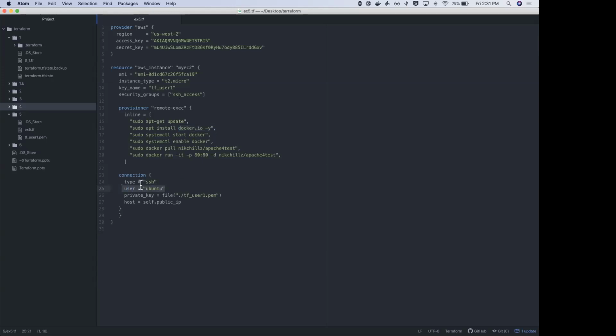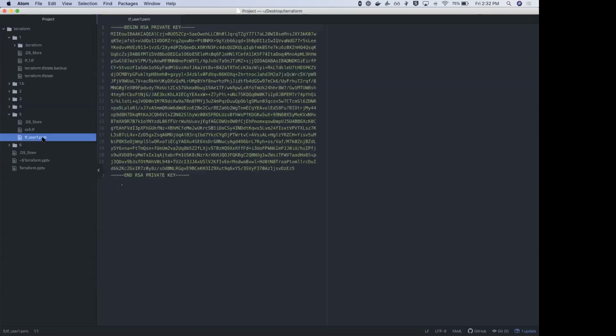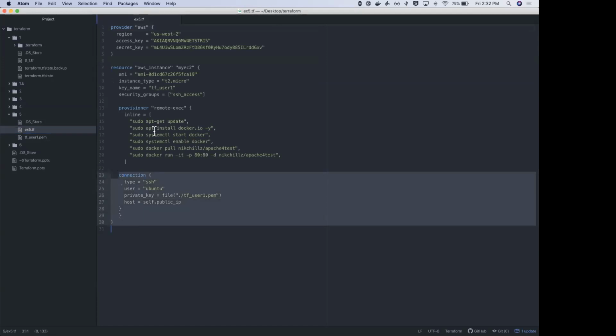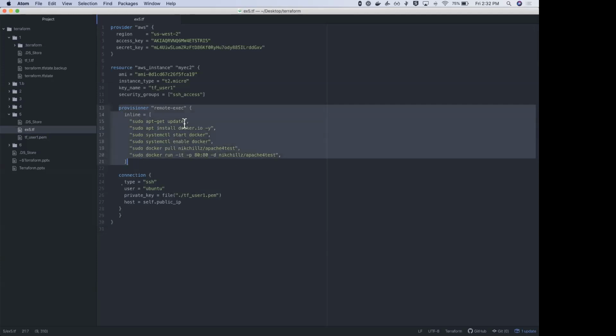We have given the user as the default username, which is ubuntu, and we have also specified the private key here, which is the tf_user1.pem file. With all of these details, and the host being the actual IP address of that particular instance, we are able to come up with a provisioner that will perform this task.